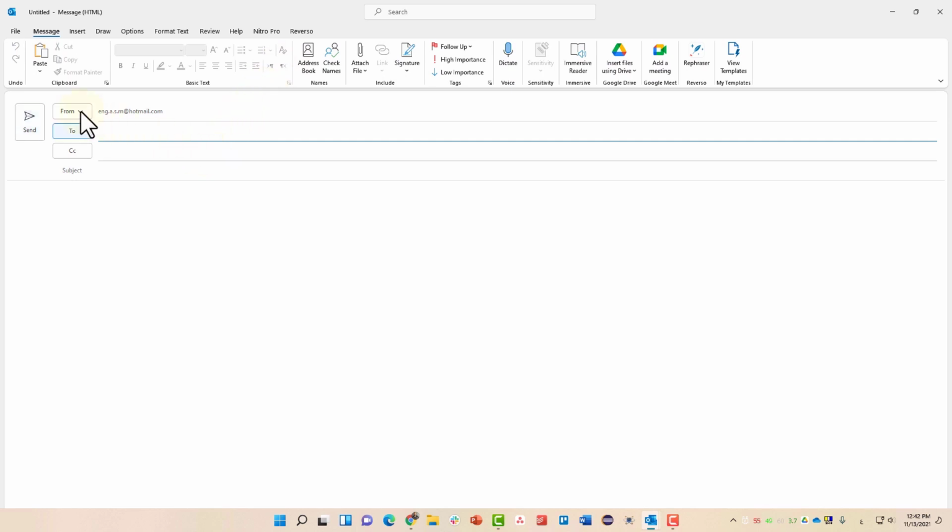We will start with the From, which is basically the email that you want to send the message from. Now if you have more than one email, there's an arrow here. You can choose the email that you want to send the message from. Now I will leave it to default. The To is basically the email that you want to send the message to, and it will show you a list of recent people to select from, or you can simply write the email address